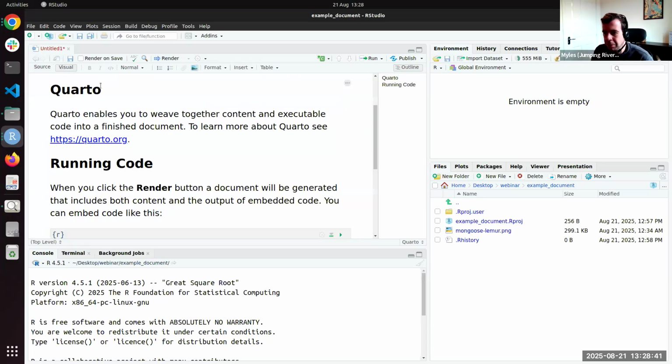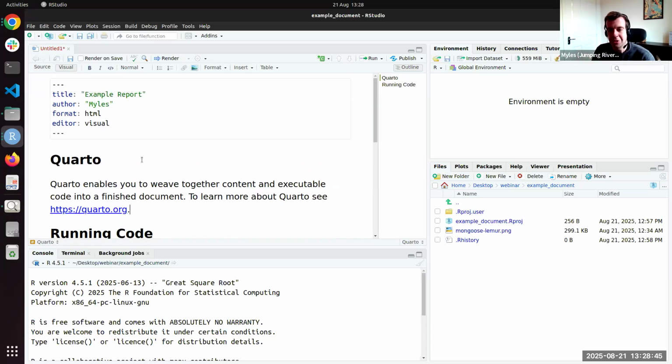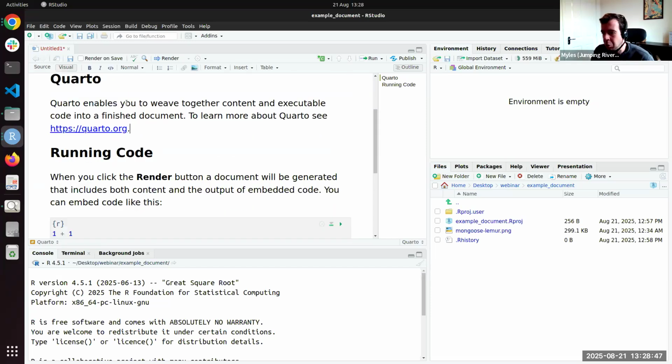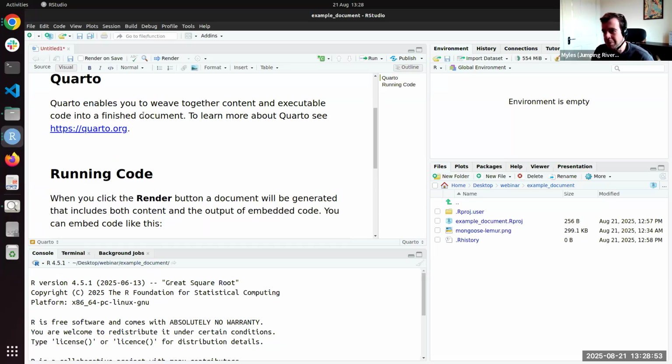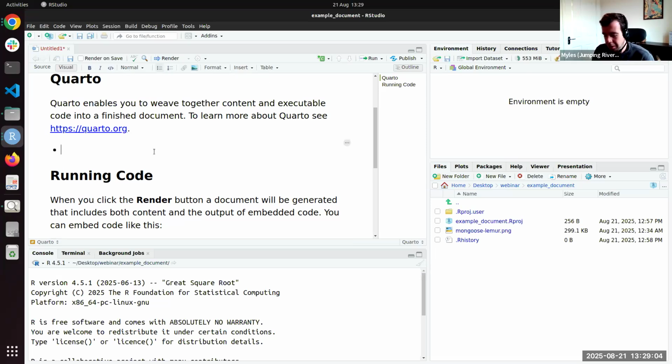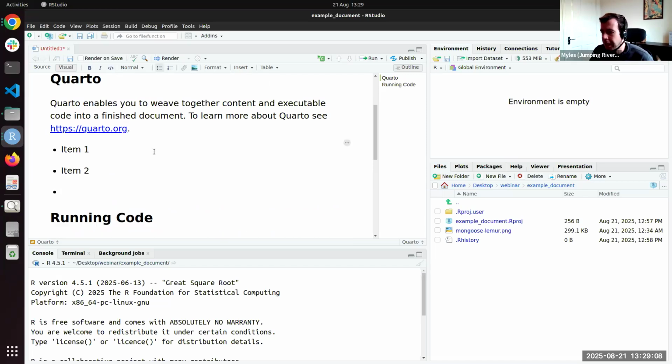There's also a visual tab where you can view this as the final rendered document, essentially. This is quite nice if you don't like coding. Okay, so if you don't enjoy programming, you can essentially edit a Quarto document as though it's like a Word document. So you've got all the options up here that you would typically see in something like Microsoft Word or in Google Slides. So I've got the option to create bullet points. I can just add some items to these bullet points if I wish.